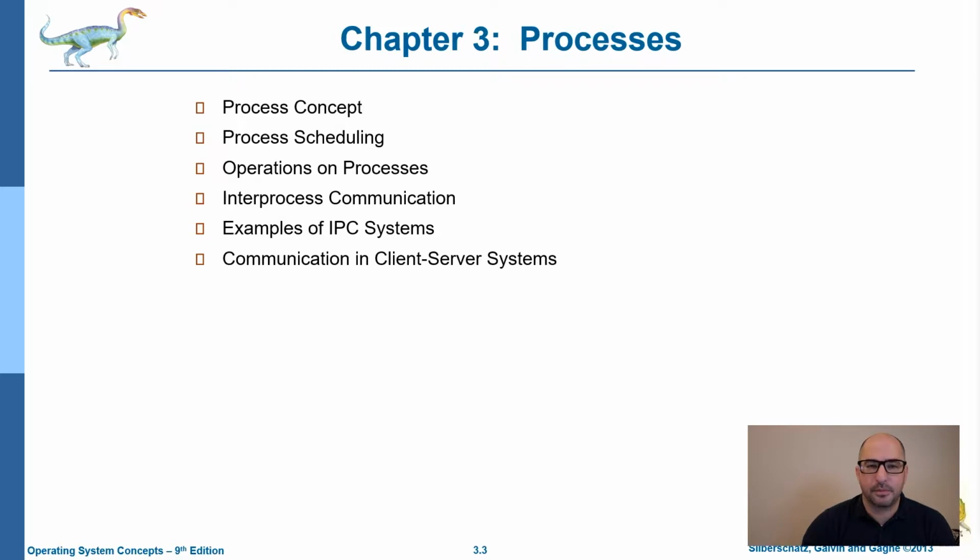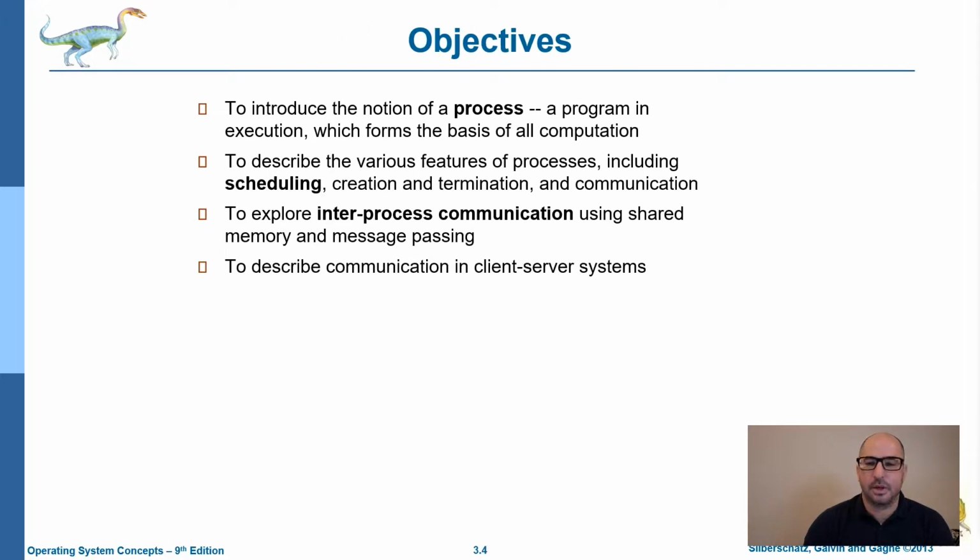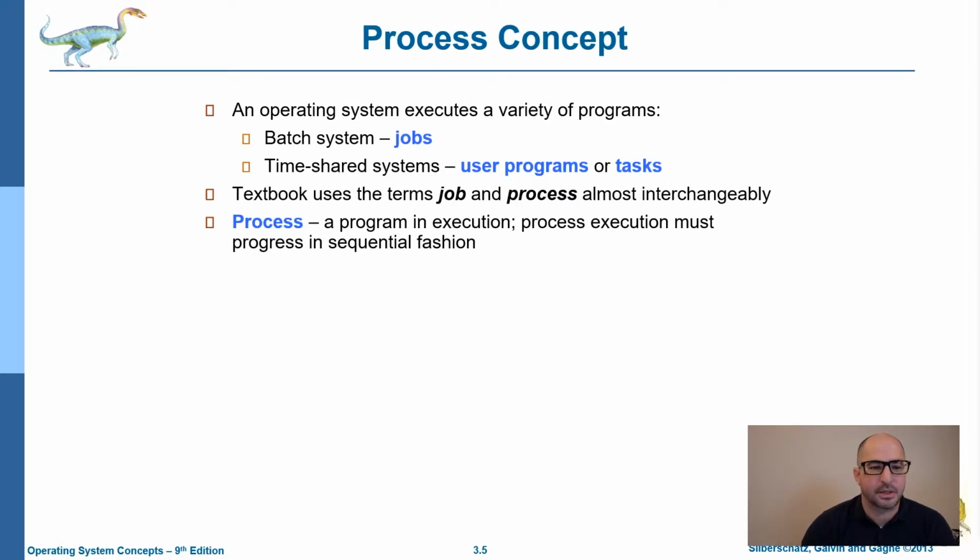So in Chapter 3, we'll discuss what a process is as a concept, how to schedule a process, operations on those processes, how processes communicate with each other, called inter-process communication, some examples of IPC mechanisms, and then the client-server model. So again, our objectives here are to introduce a process and talk about scheduling those processes, what IPC is, and then describe communication. So the concept of a process,